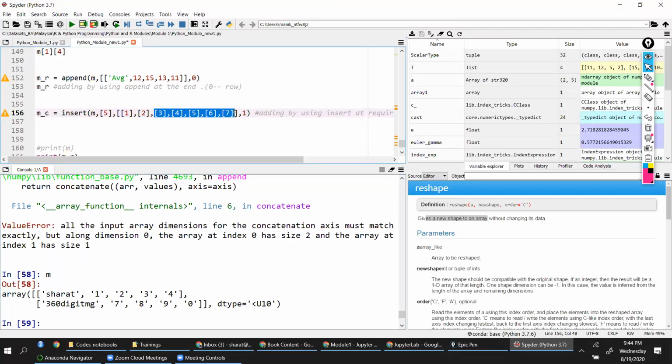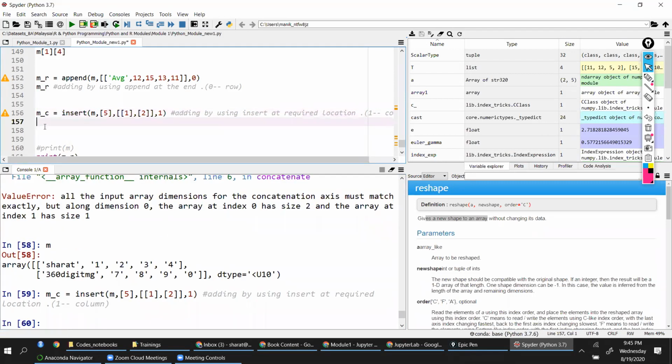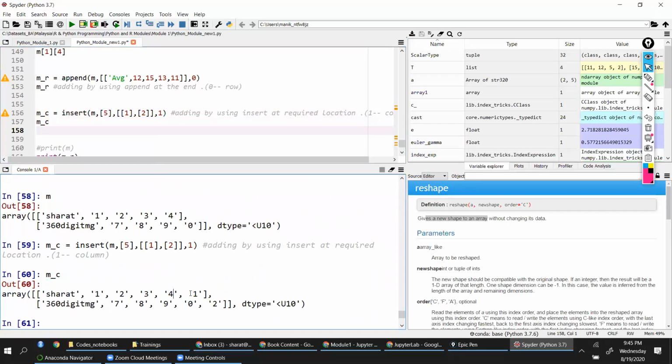But here I don't have so many. I'll remove these columns. I don't require all that. I'm just adding this, because I have only 2 columns, right? So I'll add 1 and 2. That's it. So 1 will get added here, 2 will get added here. The square brackets have to be mentioned properly. So if I say M_C, you will see that 1 is added here at the end, 2 is added at the end. This is like the insert function that you are doing, but when you're using the insert function, make sure the length of each row will remain constant. So you have to add to all the rows that you have.